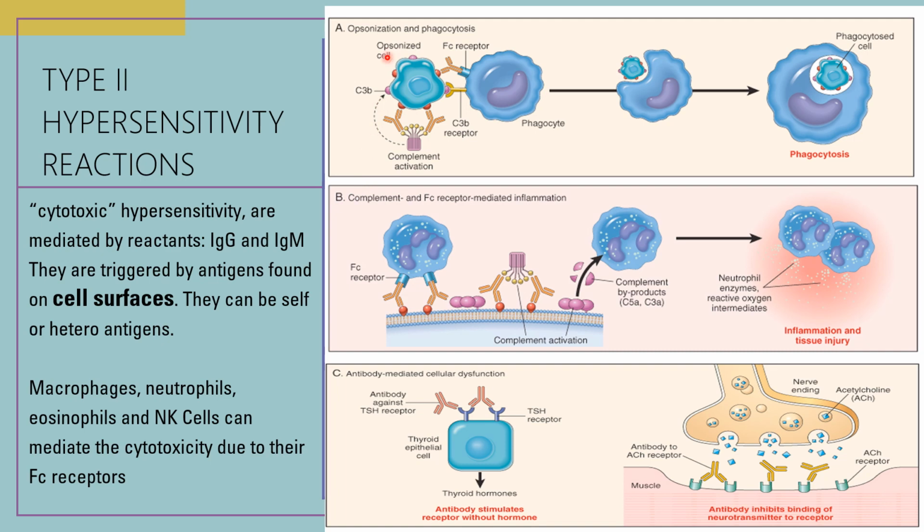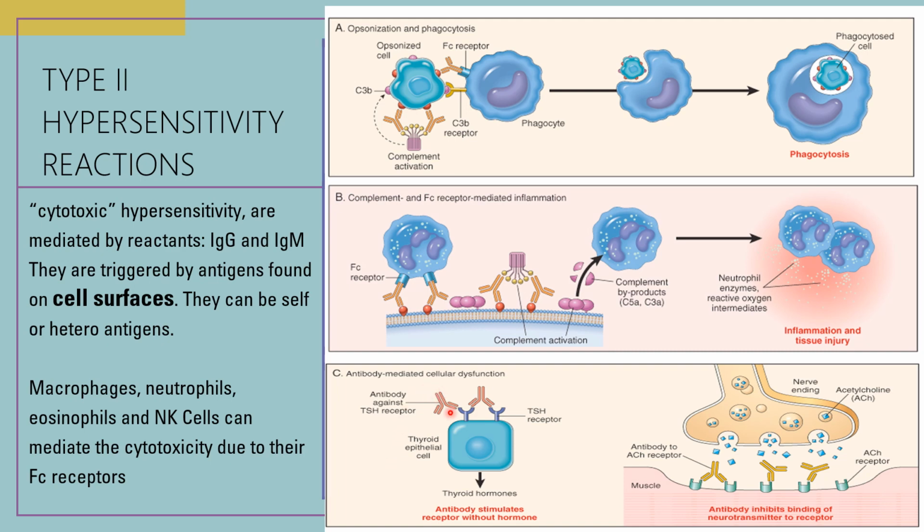So you can see here, there are three major ways in which type 2 hypersensitivity reaction happens: the opsonization and phagocytosis. So the antibody will bind to the antigen on the cell surface that will trigger opsonization of the phagocyte and will result in phagocytosis. Or instead of the phagocyte being activated, what will be activated is the complement. So still that will result to inflammation and tissue injury. Or